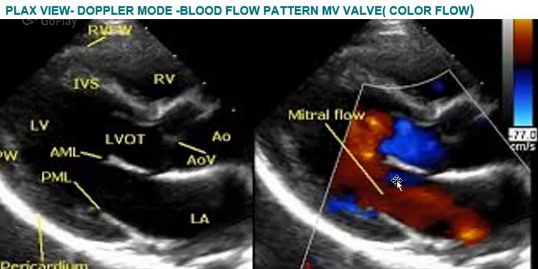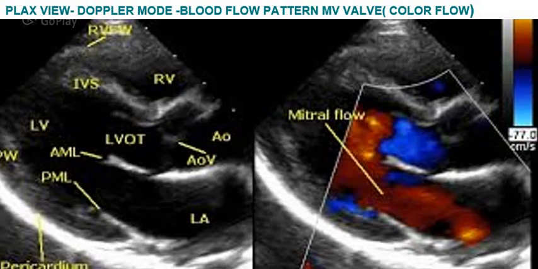If we put the color flow mode here, we can clearly see that in the mitral valve the flow is away from the transducer, and it is denoted by the red pattern of the blood flow in the color flow mode. Similarly, the same thing is depicted in the aortic valve, and we can clearly see a green pattern of flow. That means the blood flow is towards the transducer, but both the flows are regular. There is no stenosis or regurgitation lesion here. We can have an eyeballing assessment.